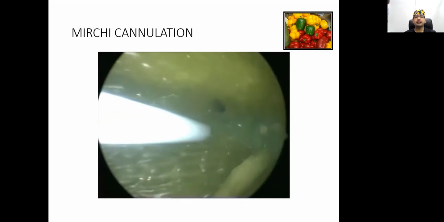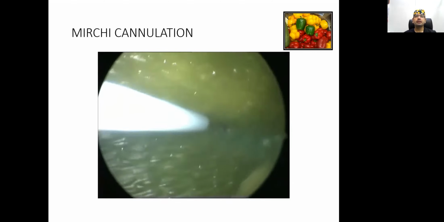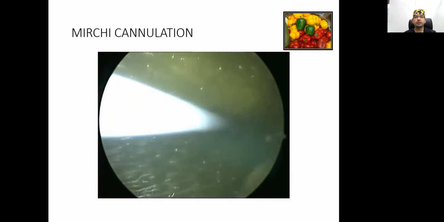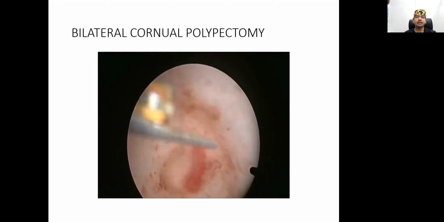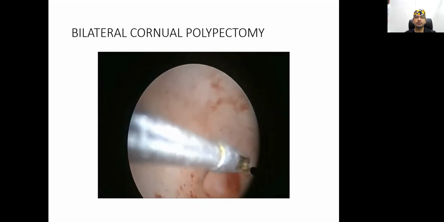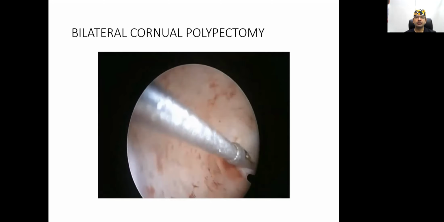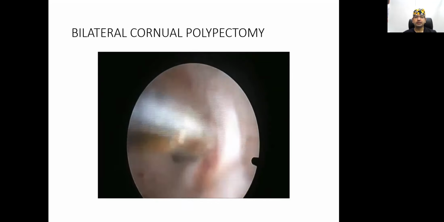So this is how one can master more than 50% of the procedure using a single Shimla mirchi. And this improves your hand-eye coordination and operative skills. This is an actual case of secondary infertility where all the investigations were normal, and on hysteroscopy you could see a bilateral ostial polyp, and with the help of the scissor, we cut this polyp and the patient became pregnant in a couple of months.